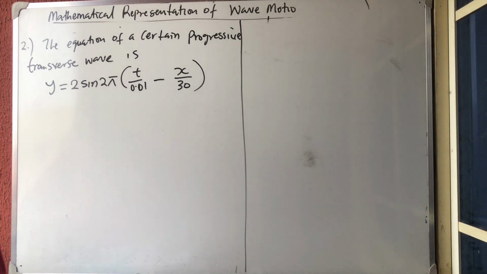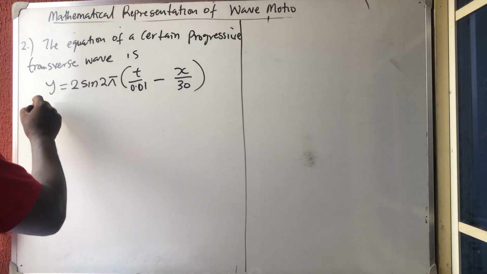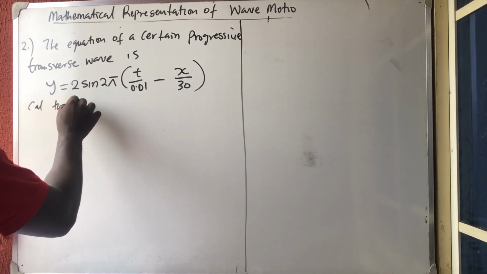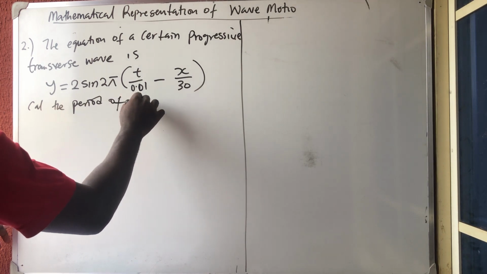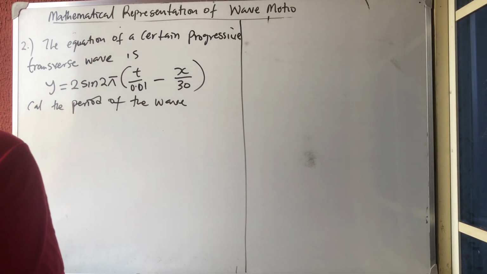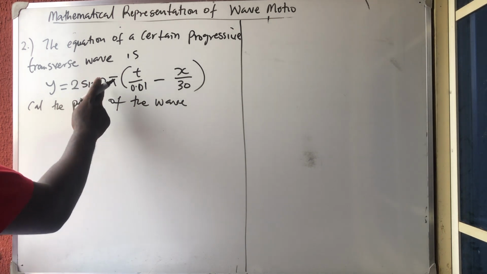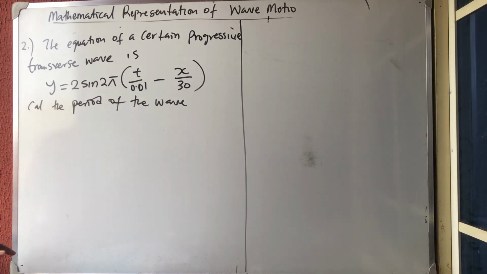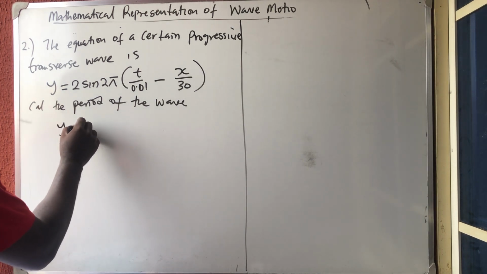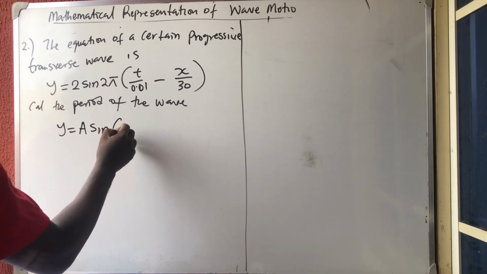Where x and y are in cm and t is in seconds, they said we should calculate the period of the wave. Now if you cannot remember any other formula, what you have to do is, don't allow anything to be at the back here. All we know, just know that y is equal to A sine